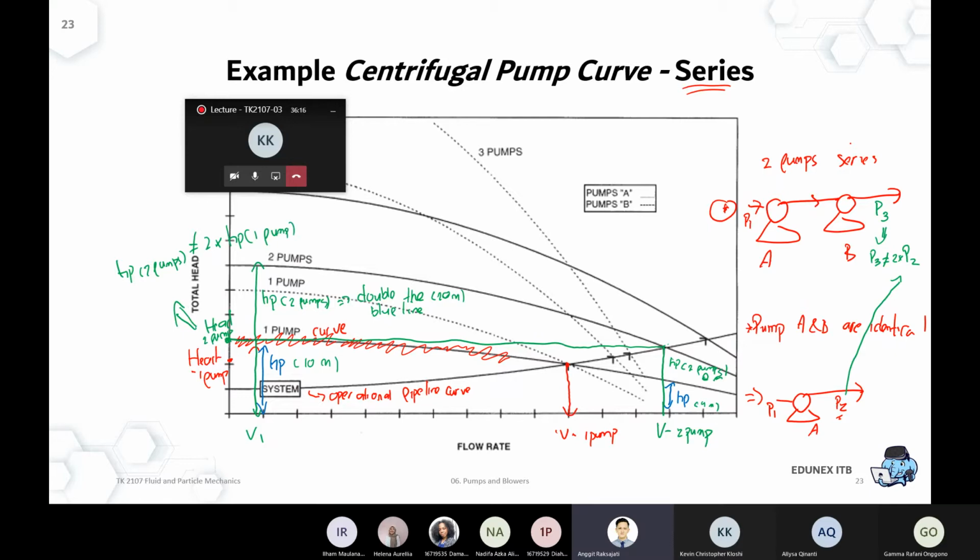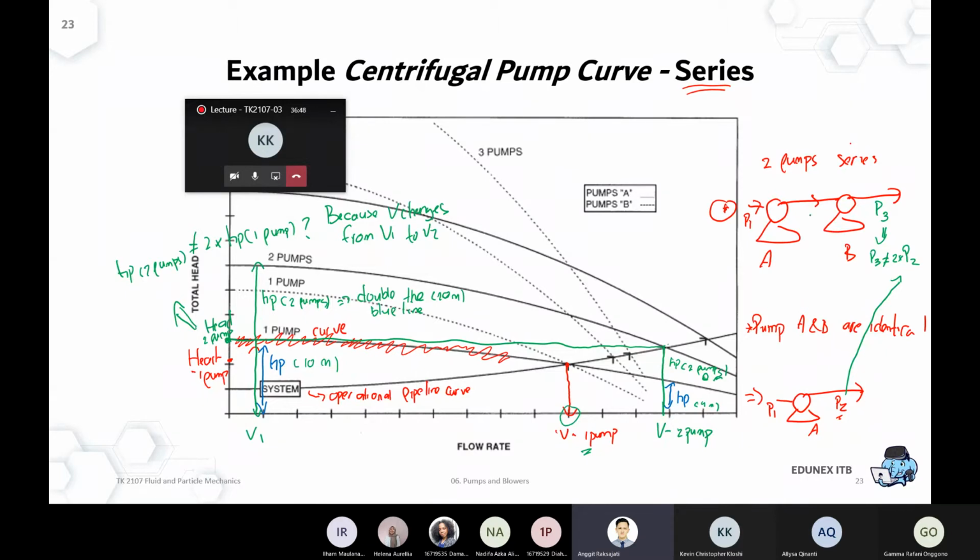Why? Because again, at the same capacity, at the same length, at the same diameter, if you flow a higher amount of flow rate, it will result in a higher pressure drop. It's about the balance, okay? Because the volume flow rate changes from V1 to V2. So initially it flows at about V1.